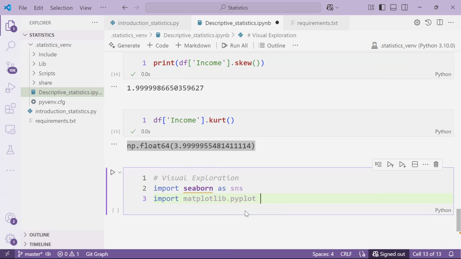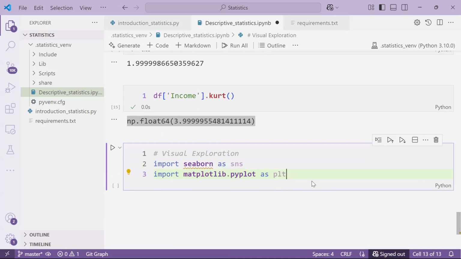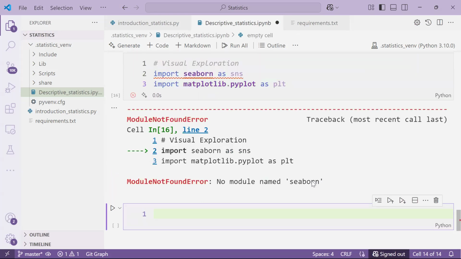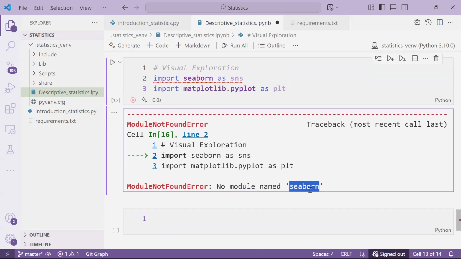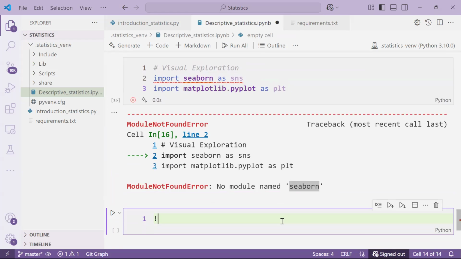Matplotlib.pyplot is one package inside of it, imported as plt. So these are the two different libraries we can use for visualization purposes. And it is indicating there is no Seaborn. Okay, if the package is not there in your environment, then what we can do is